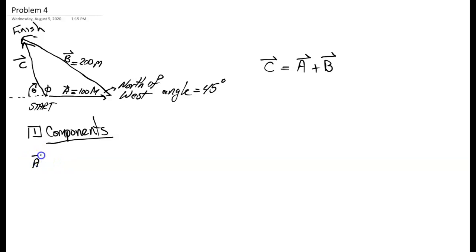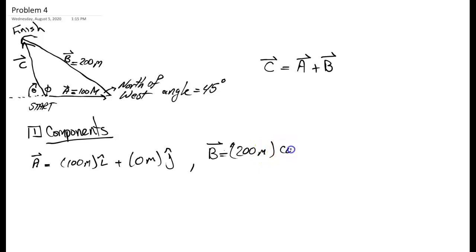We notice that vector A is purely on the horizontal axis, so we can say that it's 100 meters in the I hat direction and 0 meters in the J hat direction, if we use J to be the north and I to be the east. And then we can say that vector B is 200 meters with a cosine